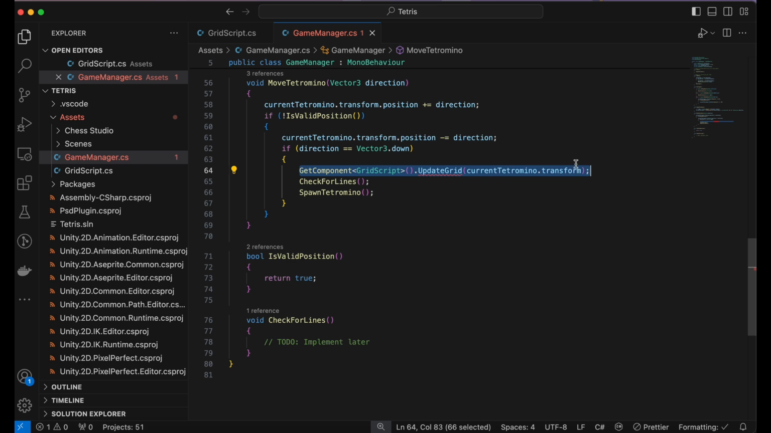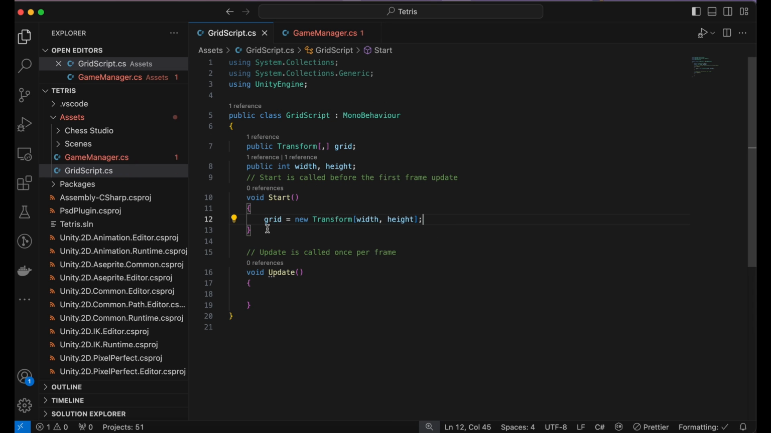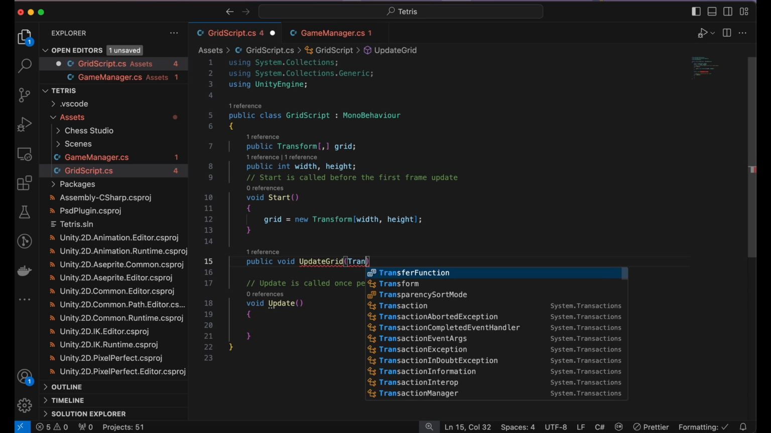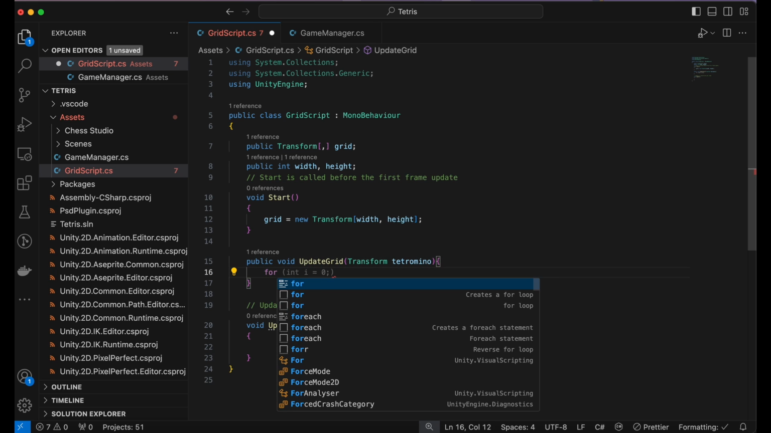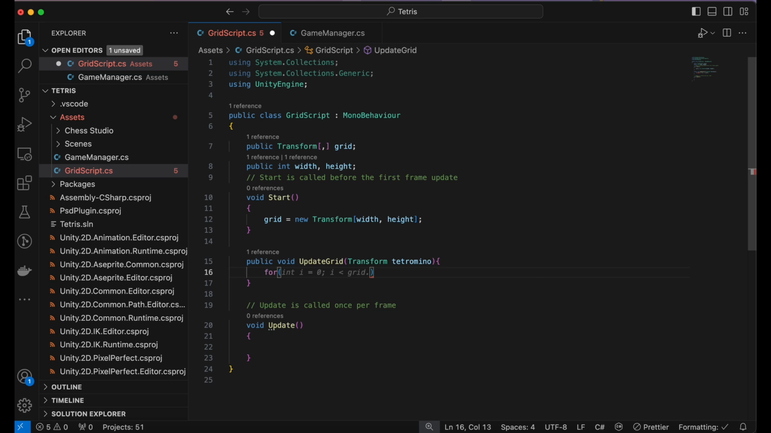And we just pass the transform component of our current Tetromino. So in the grid script, we create a new public void method, updateGrid. We are passing a transform component, which is the transform of our current Tetromino. And now we want to create a nested for loop, which is iterating over the y and x component of